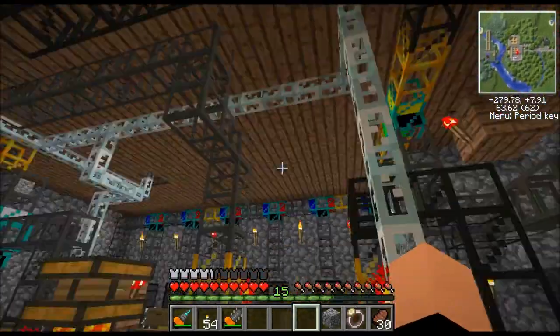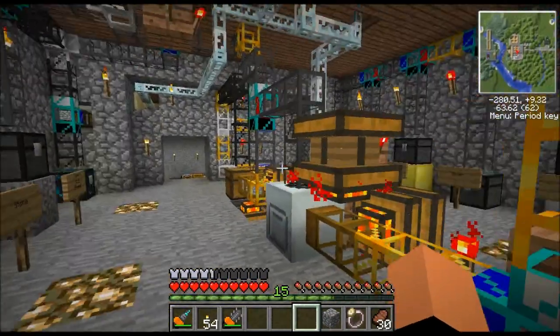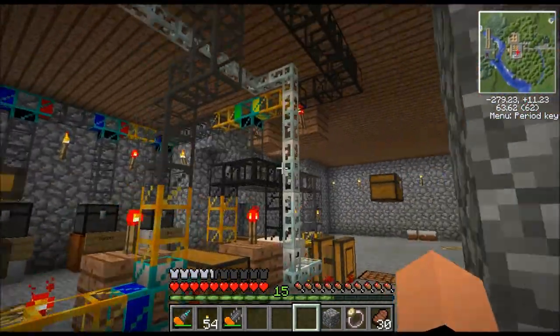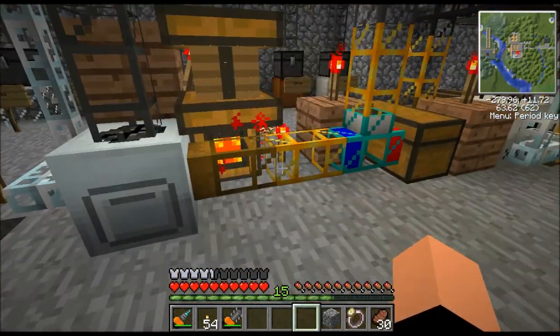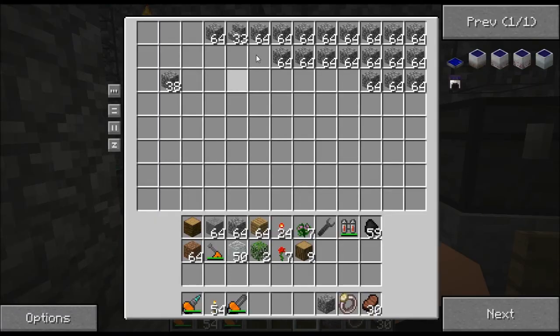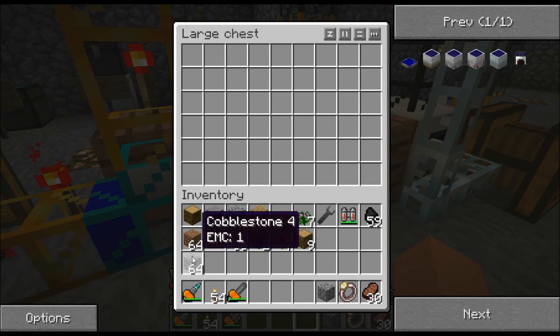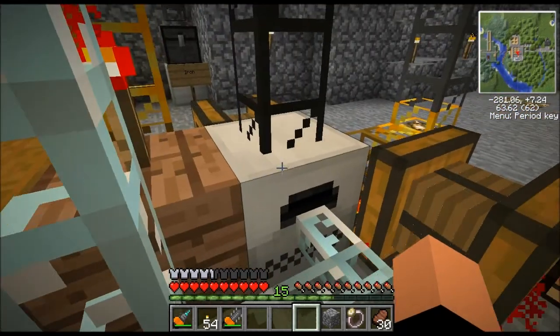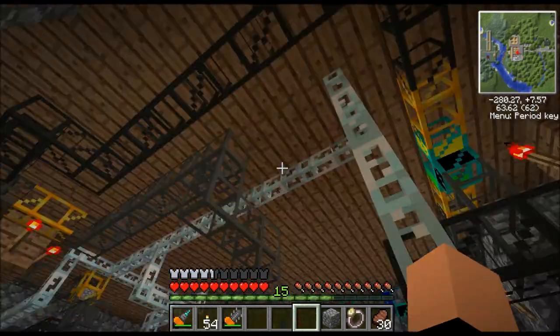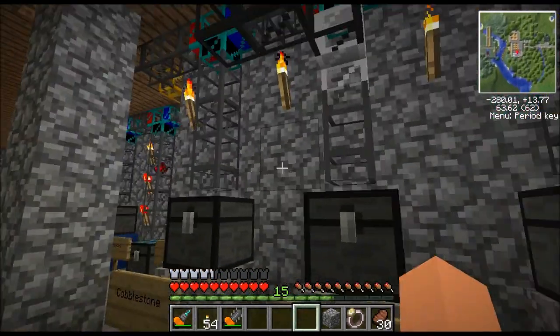Okay, now I've upgraded this quite a bit since the last episode. The ore extractor is a little bit smarter now. Like, for example, if I want to make brick, I can grab a stack of cobblestone and I can just throw it in there, and it gets sucked out. It'll go in here to the furnace, and then it goes back up around here, back up to the stone chest right here. So if we wait a second,